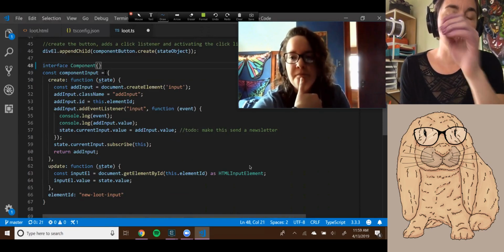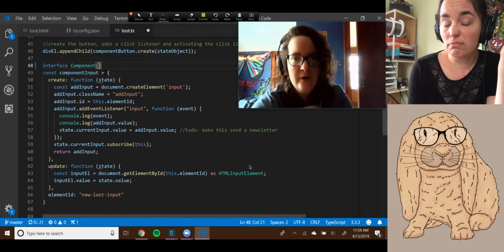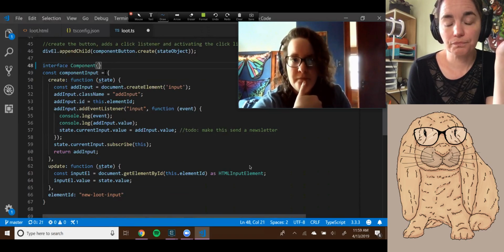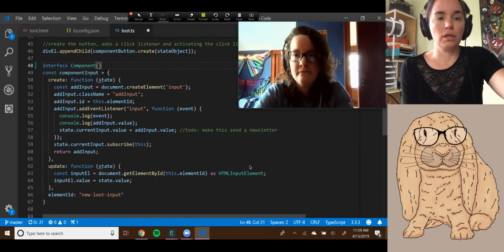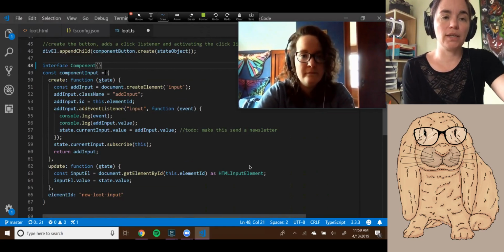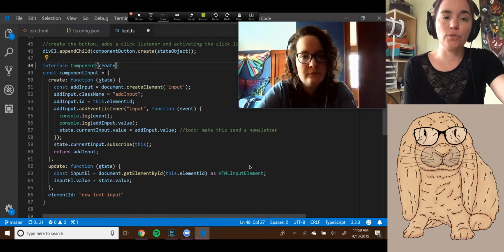Yeah. So if there's a component, you can count on it having a create function. Okay. And an update function. Okay. And an element ID. And we can tell it what the types of those are. Okay, so inside your interface, give it a create property. But here we don't give it the value, we give it the type instead. So it's create: